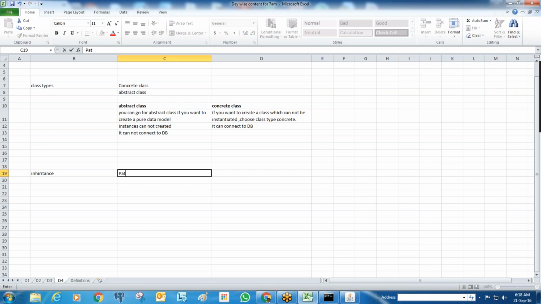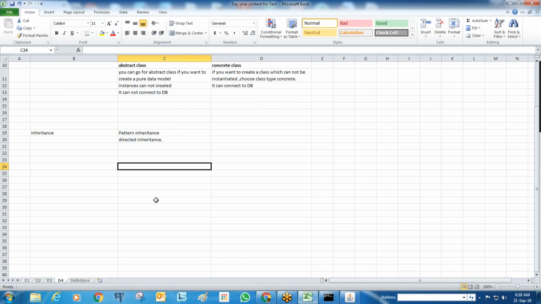One is pattern inheritance. Another one is directed inheritance. So what is pattern inheritance?